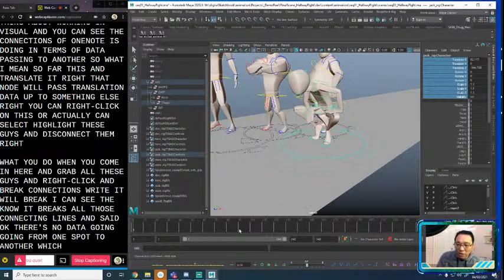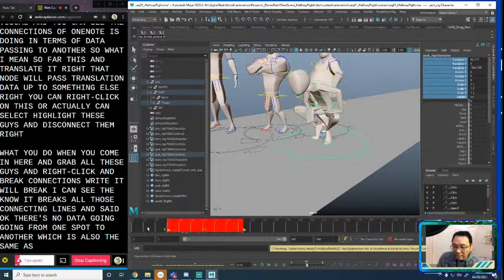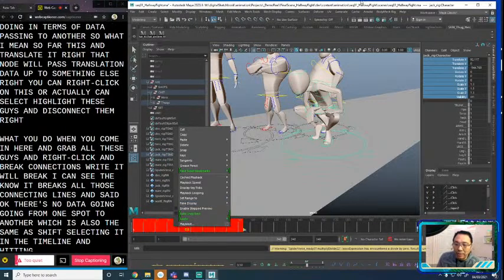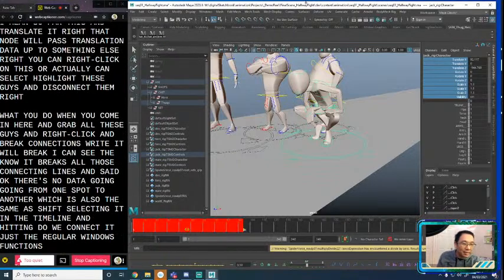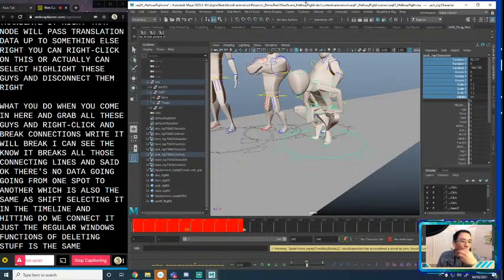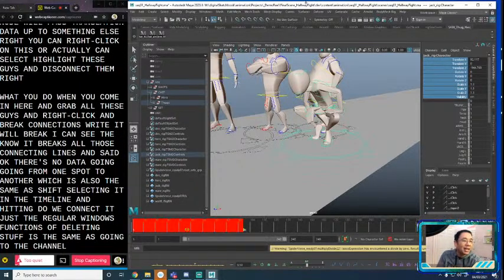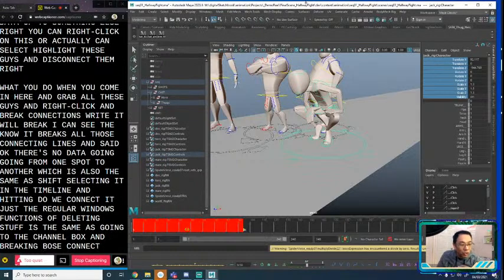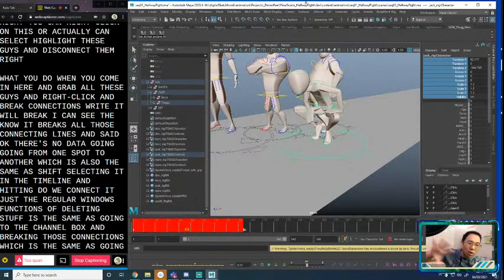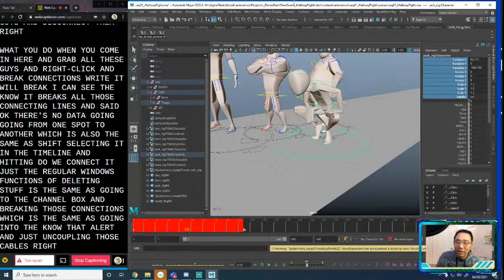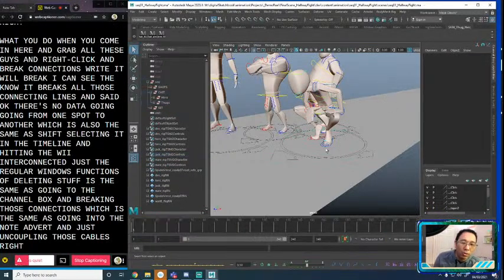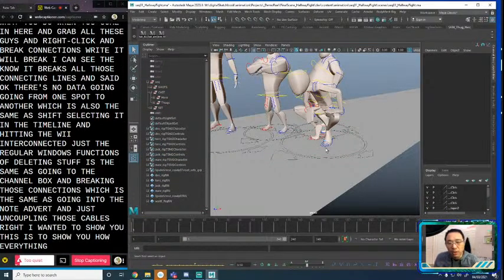Which is also the same as shift selecting it in the timeline and hitting delete. So those three areas are kind of interconnected. Just the regular Windows functions of deleting stuff is the same as going to the channel box and breaking those connections, which is the same as going into the node editor and just uncoupling those cables, right? The reason why I wanted to show you this is to show you how everything is sort of interconnected inside